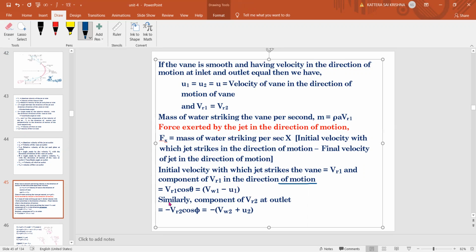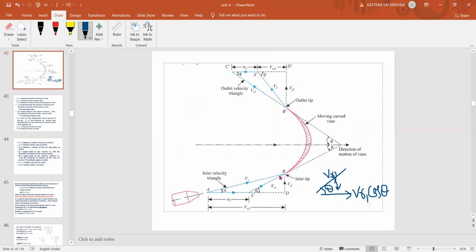Yes, no doubt. Okay. So similarly, the component of relative velocity in outlet, what is that? VR2. So in the outlet triangle, if you see, now we need to take the horizontal component of this VR2 in the outlet. So VR2 is coming out like this. Okay, so this is VR2, and with respect to horizontal, it is having an angle of alpha, not alpha, it is phi, right? So now I want the horizontal component of VR2. Can anyone tell what you will get? Here, this component I want.